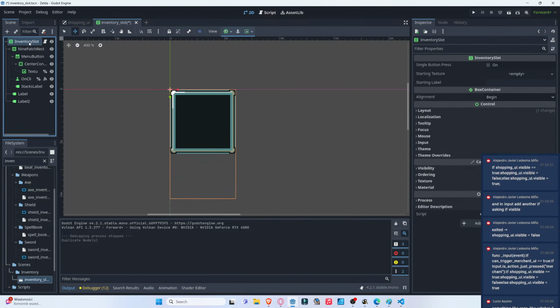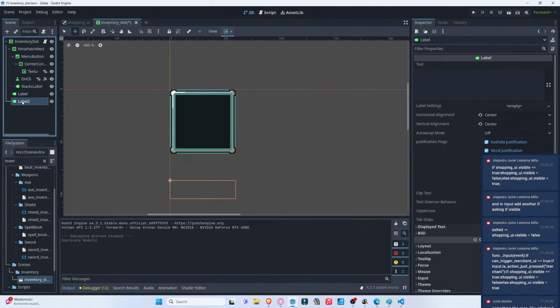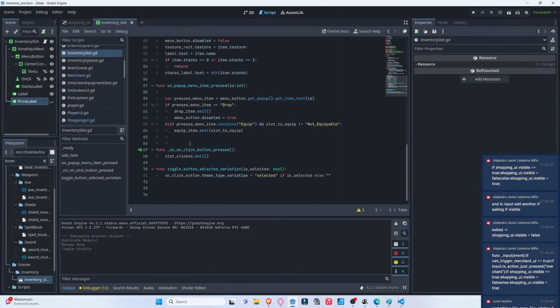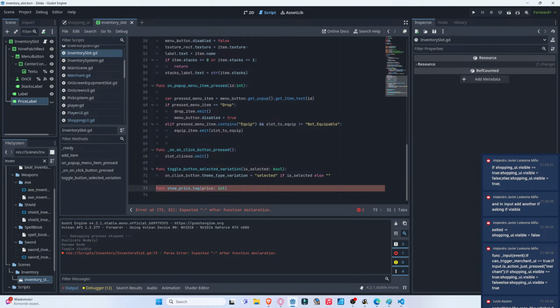If I just copy this and call this price label, and I hide it by default, I can go here and say show price tag, price int,